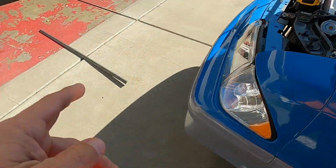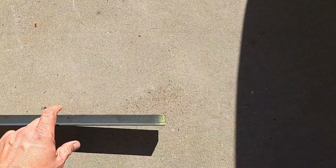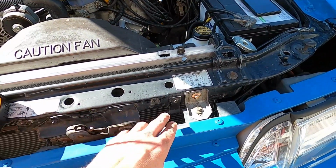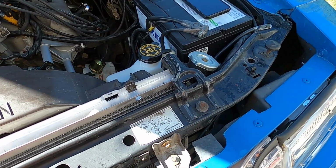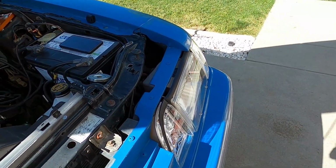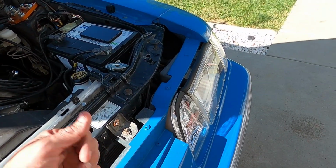I got a piece of angle iron right here. I don't even know what, 3/4 maybe. Something I had sitting over there. And I think what I'm going to do is remove this bolt there, then the one down yonder. We'll see that in a minute. And I think that I'm going to run the angle iron just down through there. We'll cut it, modify it, make it custom,